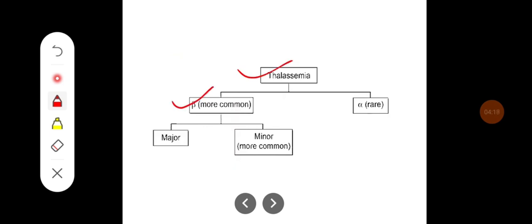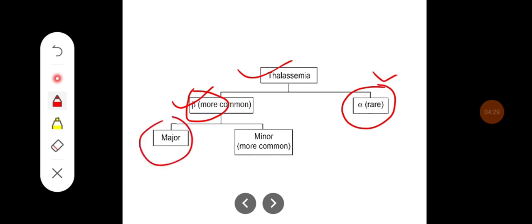It can be beta thalassemia because of the absence or reduced beta chain synthesis, or it can be because of the reduced alpha chain synthesis, which is rare. Beta thalassemia can be major and minor. Minor is more common because it occurs because of the partial production of the